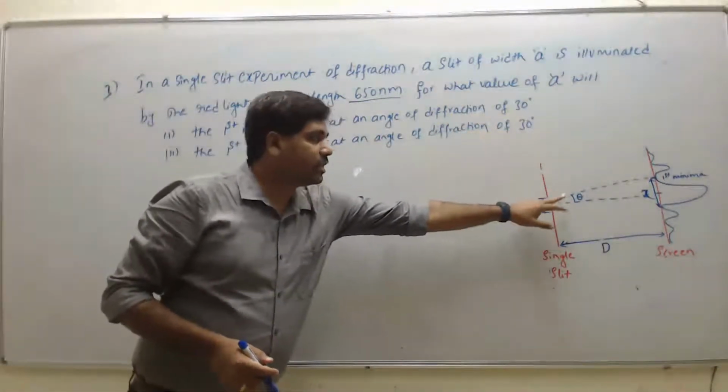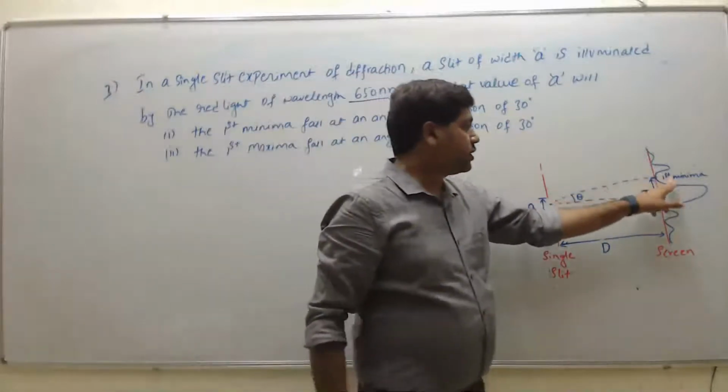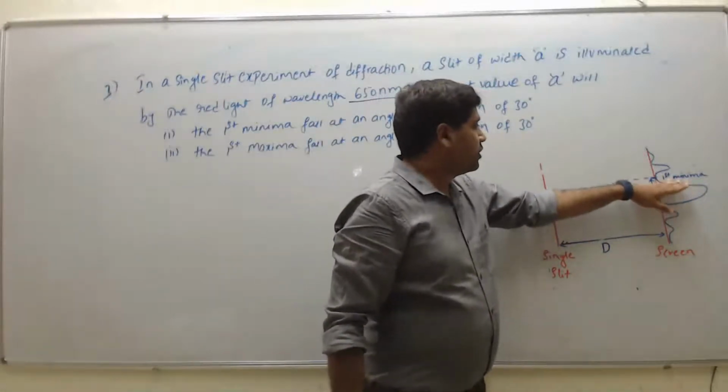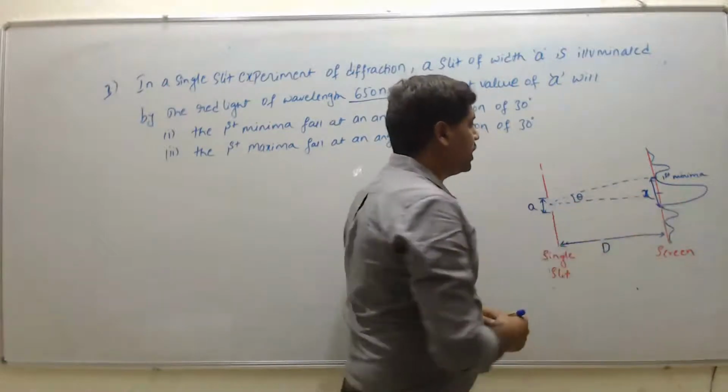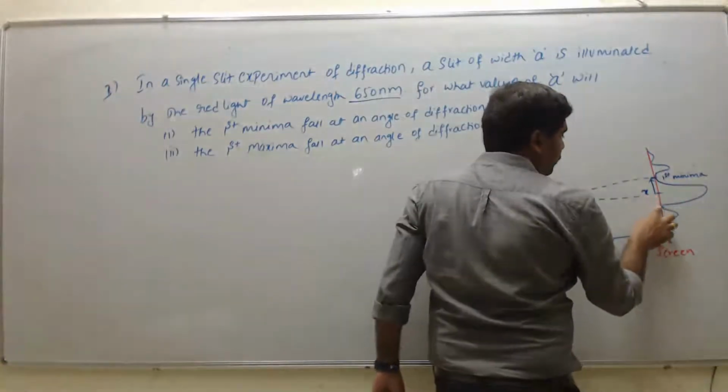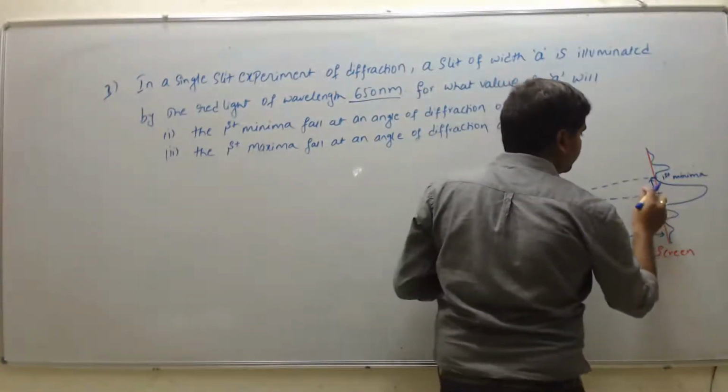That is the given angle theta. We need to find the first minima. So at what distance will the first minima fall from the central maximum? So from here to here,